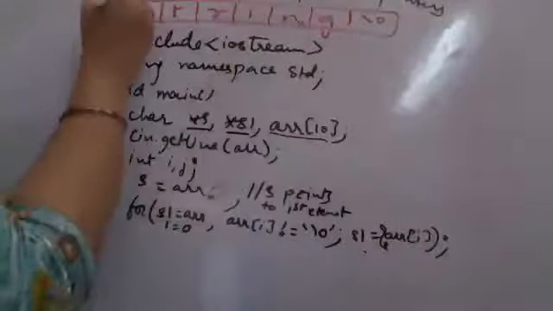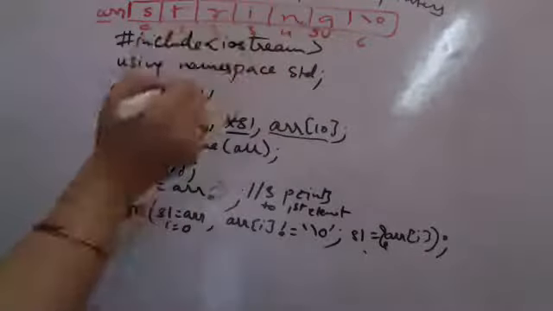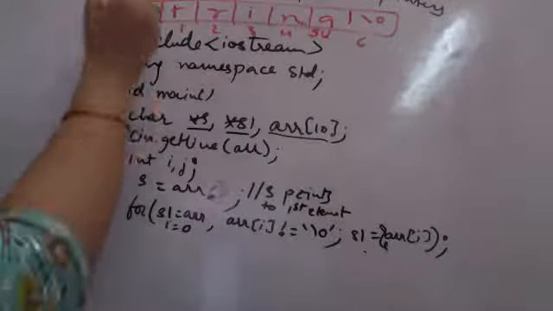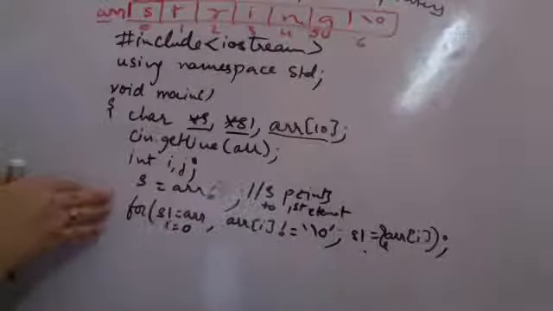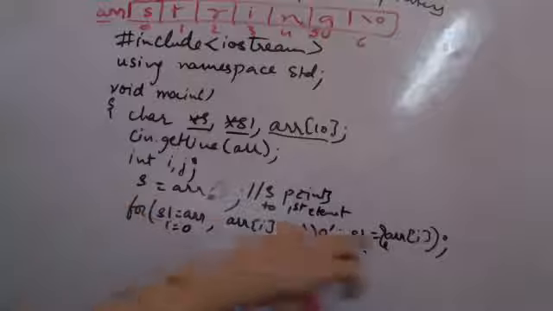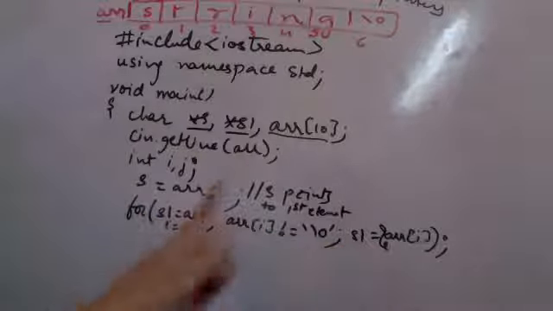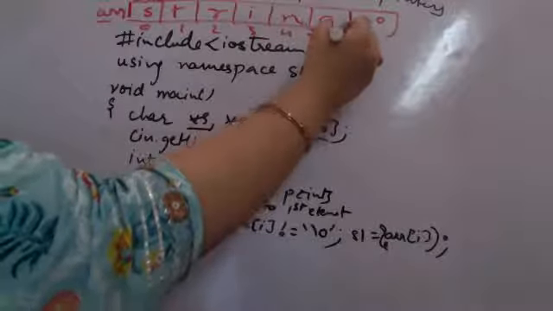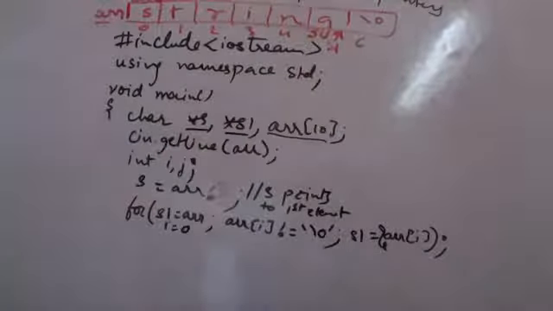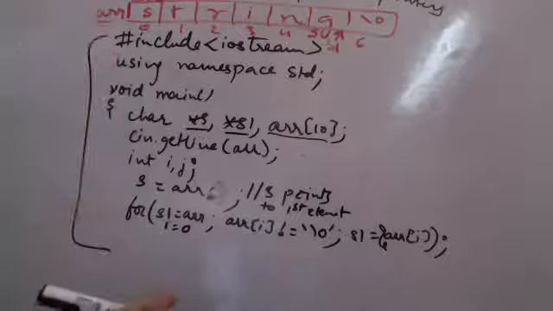This is my array, indices 0, 1, 2, 3, 4, 5 and 6. Initially S points to this address, and after this loop is done, S1 will point to the last element in the array before the null character. When we meet the null character, this updation will not happen. So S1 will be pointing to the last element in the array. After this has been done, now I need to do the reversal. How do I do the reversal? Till here, is it clear to all?